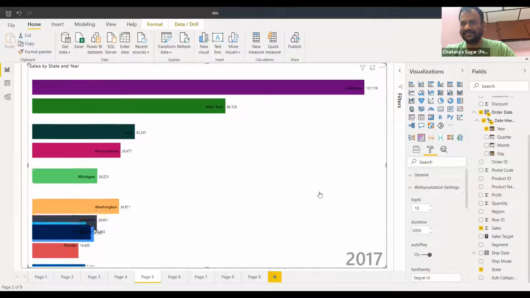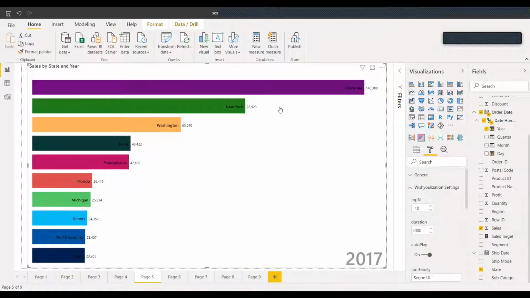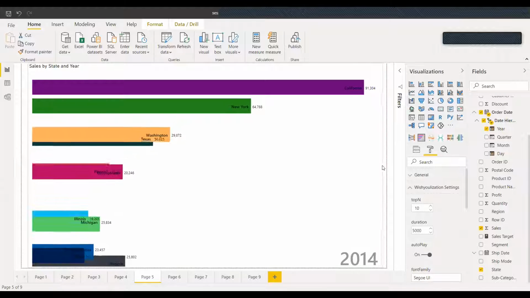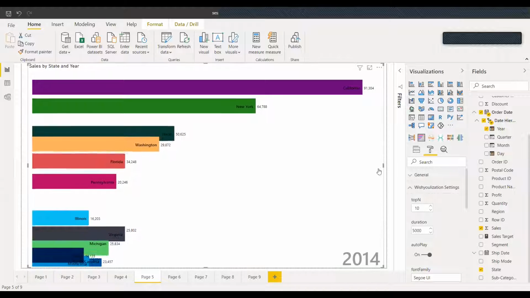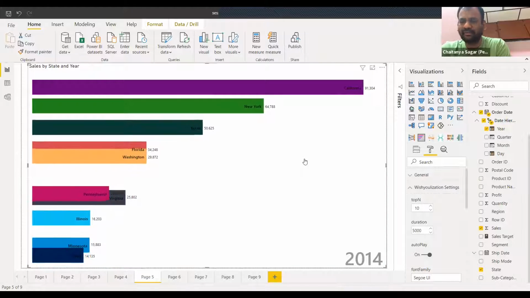Perfect. Super. Yeah. So even when the autoplay is on, once it's complete, it won't run unless you make some changes to the visualization. So like right now, you just move this size, and it starts running again. Okay. So I think I probably missed some things.